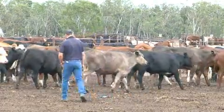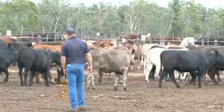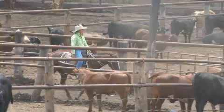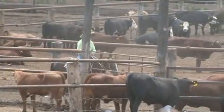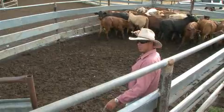Next to illness, the most significant barrier to weight gain in feedlot cattle is stress. So a particular emphasis will be placed on the techniques that can be used to keep stress to a minimum at all times. We've drawn on the expertise of a number of veterinarians and consultants who are highly regarded within